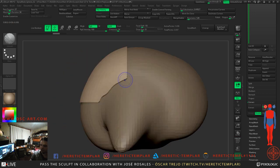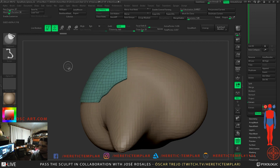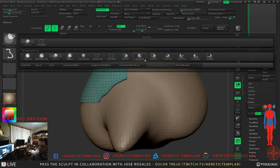So what I'm going to do is, I'm going to do auto groups, and then I'm going to select the slice curve,